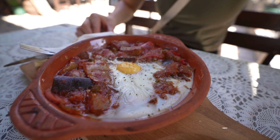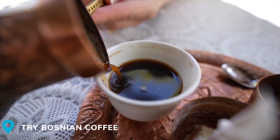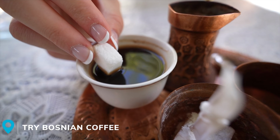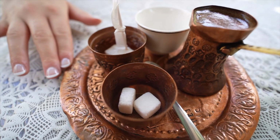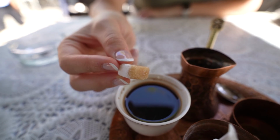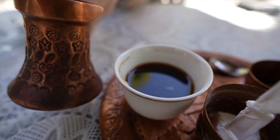And while we're talking about food, another thing you need to do in Mostar is try an authentic Bosnian coffee. Thanks to the Ottoman culture here in Mostar, ordering a coffee is about much more than just the drink. It's about the ritual. Here, you'll be served your coffee in the traditional Turkish style, complete with ornate fixings to make it a one-of-a-kind experience. Not to mention, the coffee is incredibly rich and bold, making it an absolute must-try for coffee lovers when visiting